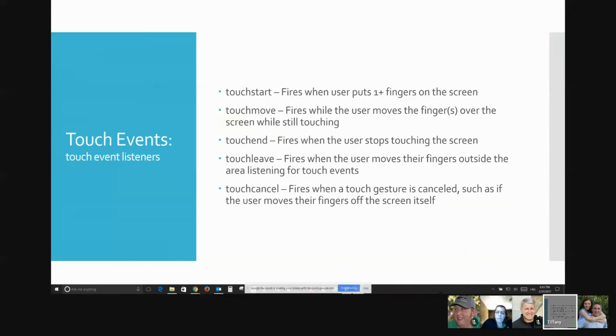Okay, so touch events. With touch events, you have to set up event listeners. And so those will be things like touch start, so when the finger is first on the screen. Touch move for finger moving. Touch end for when it leaves the screen, stops touching. The leave is when it moves outside of whatever area you've attached that event listener to. And then touch cancel,